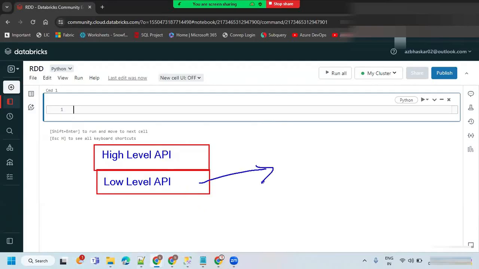Low level API is a little difficult to understand, and at the very starting of Databricks and PySpark, we had that option. Low level API is RDD, and high level APIs are DataFrame and Spark SQL. These are the high level APIs that we are going to come across.